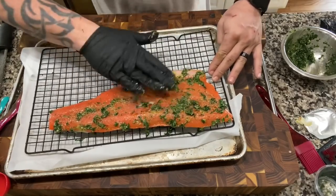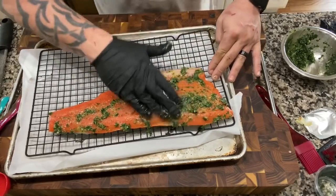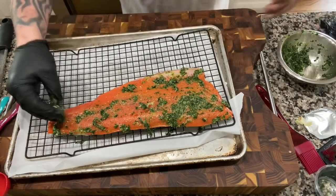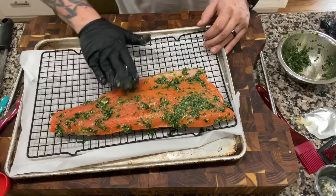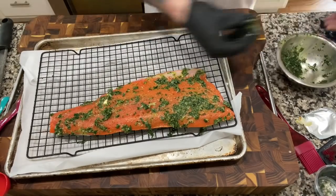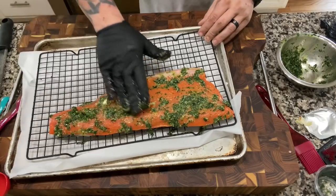I mean, it's mixed in there, but don't be afraid to press it in. Make sure it gets in the meat. You can add a little more oil, a little more lemon juice, and straight up turn this into a marinade if you want, but I just prefer it like this because